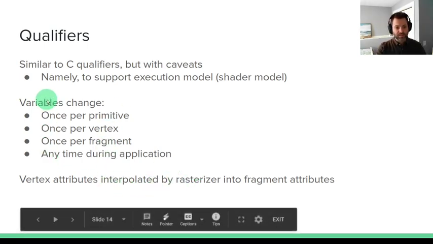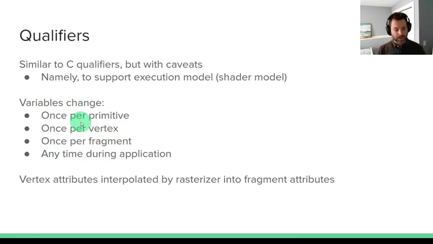And the reason why is that based on how these things are changing, is the primitive changing? Again, the primitive is a collection of vertices. Is the vertex changing? Are the fragments changing? Is the application changing things? The shader needs to know all this to function properly. Basically, when we have our application feeding data to our vertex shader, I know I forgot the word, I've been using it all lecture here,